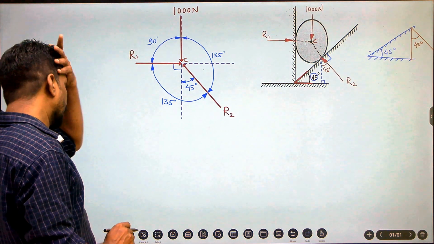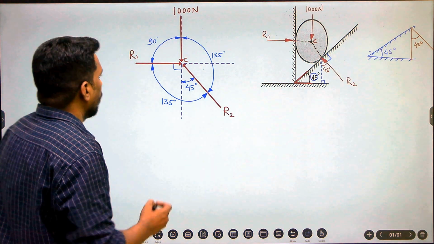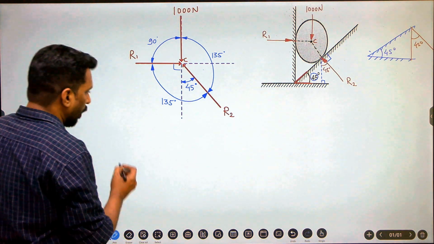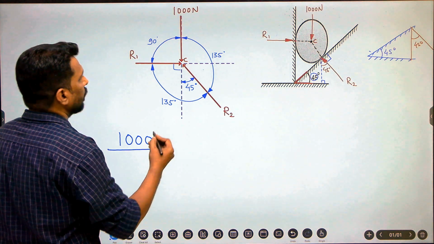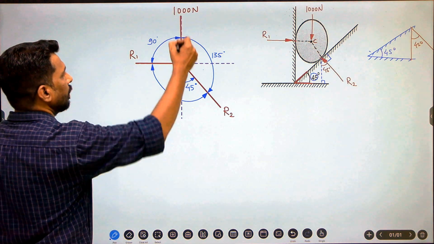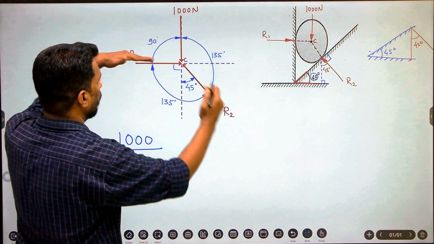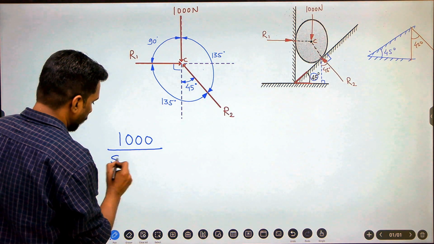Okay, so you know how to apply Lami's theorem. The known force is 1000, so I'll start with the 1000 divided by the sine of the angle between the other two forces. If this is 1000, the other two forces are R1 and R2, so the angle is sine 135,